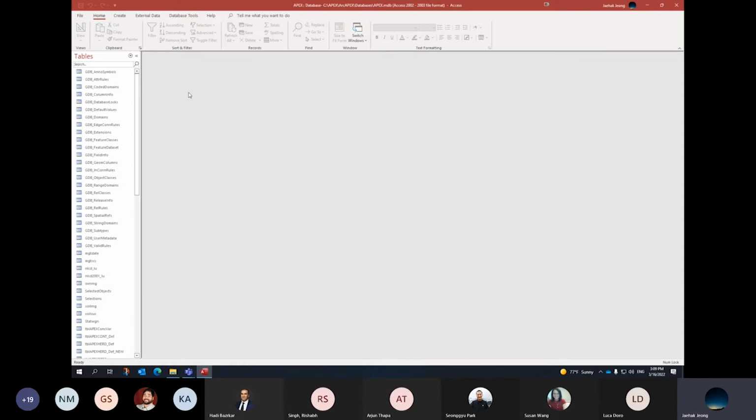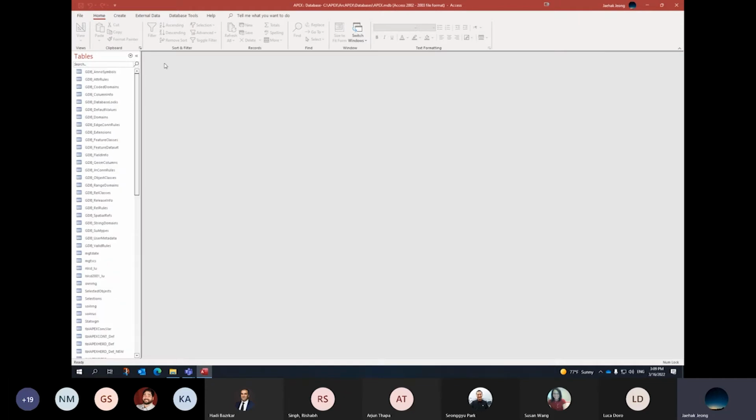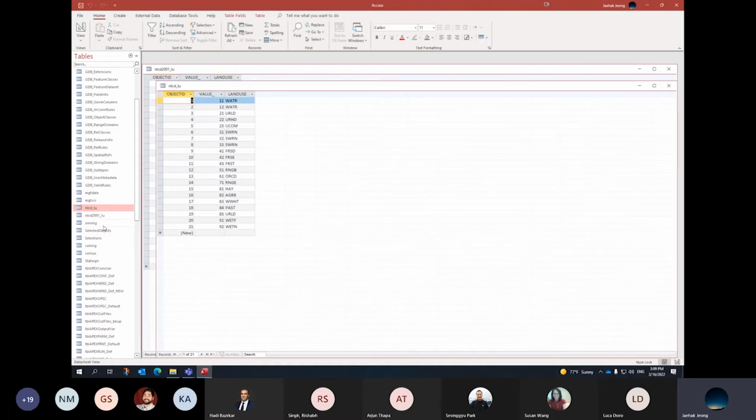So if you open the apex.mdb file, you will see a bunch of tables. All these tables, many tables. Here we have an LCD LU catalog table. An LCD has a specific